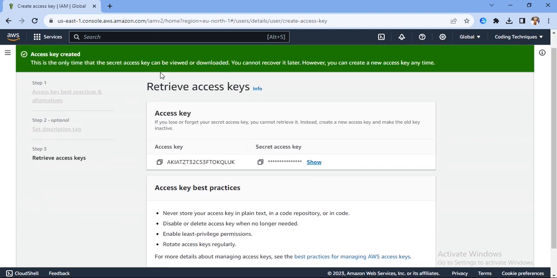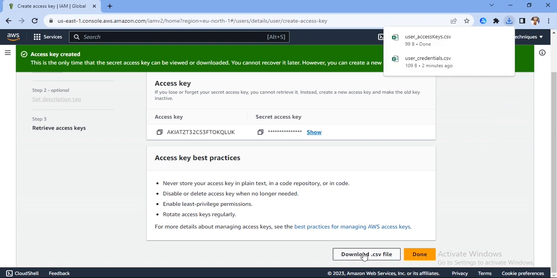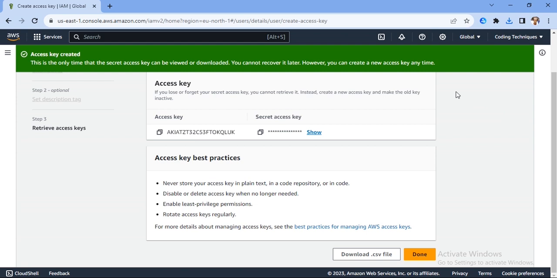So here we have the only access key created. Okay, so we have the access key and secret key for accessing with programmatic access, and here we have the download .csv file. You can download it here, and this access key you should not share with anyone. Okay, the next thing we will do is use the user that we have to